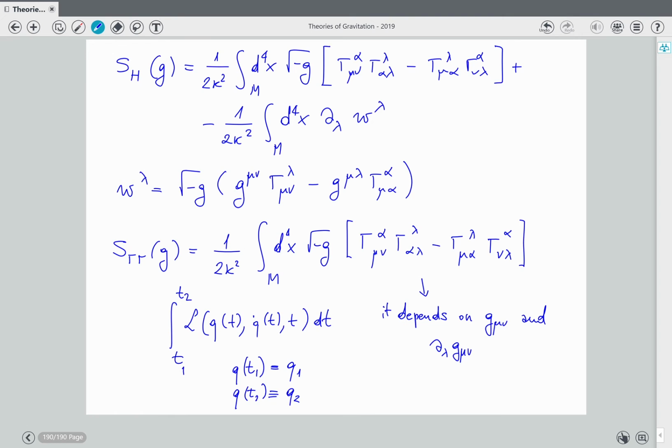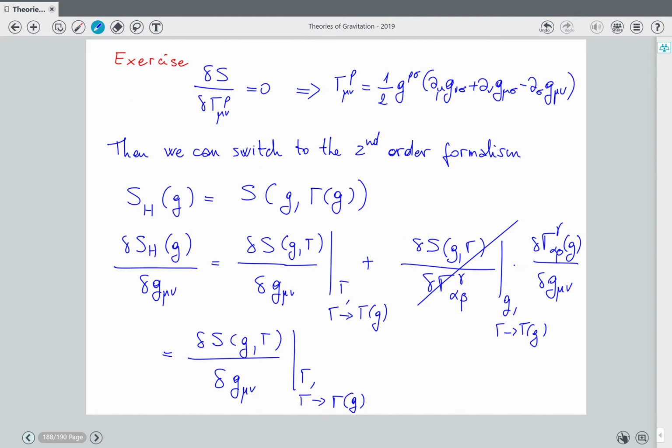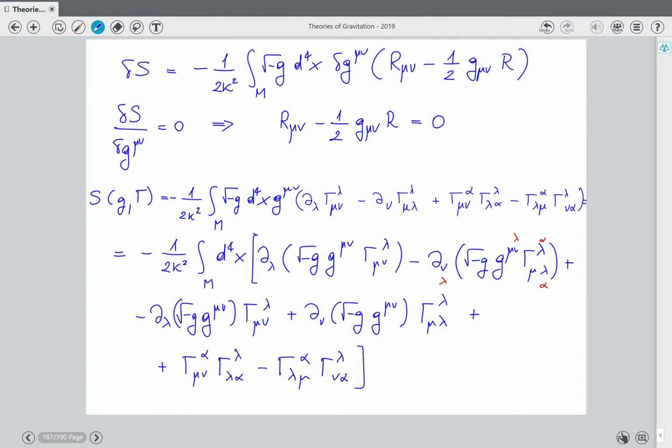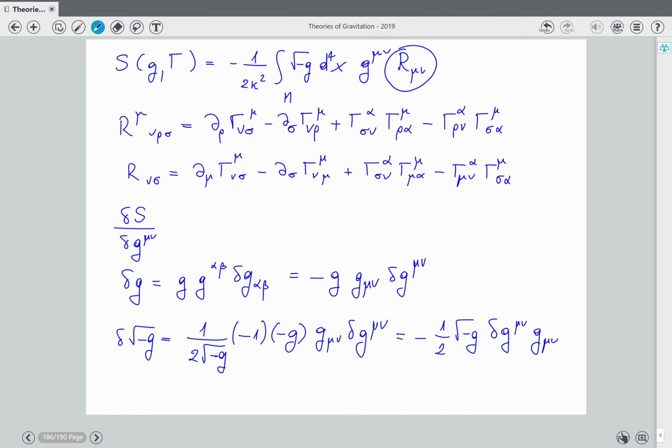This is a non-trivial thing because in gravity, strictly speaking, when I wrote that, the Ricci tensor contains second derivatives with respect to time also. So an action written like that has a Lagrangian that depends on positions, velocities, and accelerations. So strictly speaking, every variation I've done so far was ill-defined